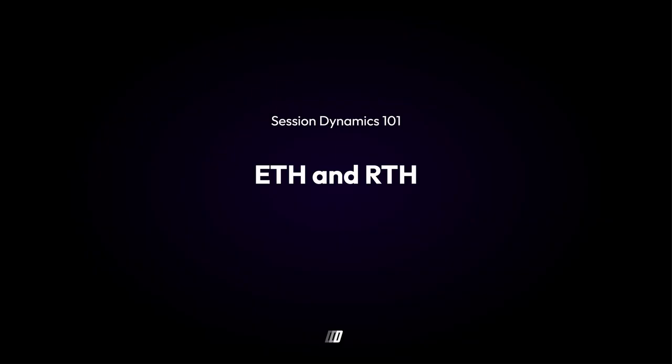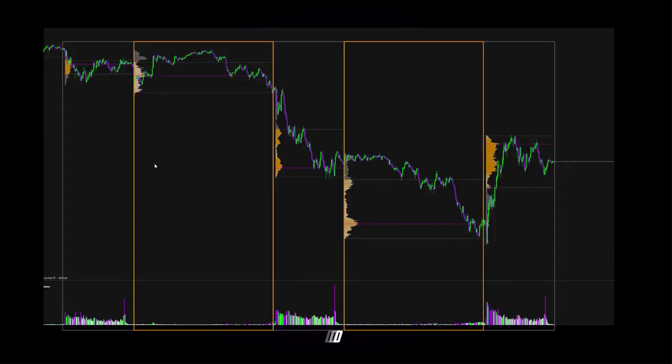Starting by saying that we have two main sessions, which are the extended or electronic trading hours and the regular trading hours. And they are two radically different sessions that you can simply spot if you have a normal volume chart. Because you'll see a lot of volume in this session and then basically zero. And then a lot of volume and then not a lot of volume. And then a lot of volume. That is because